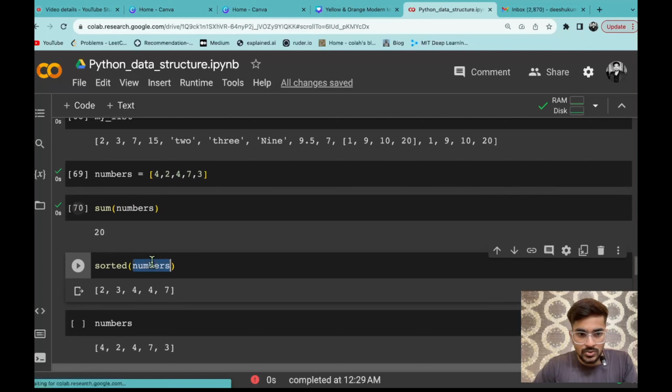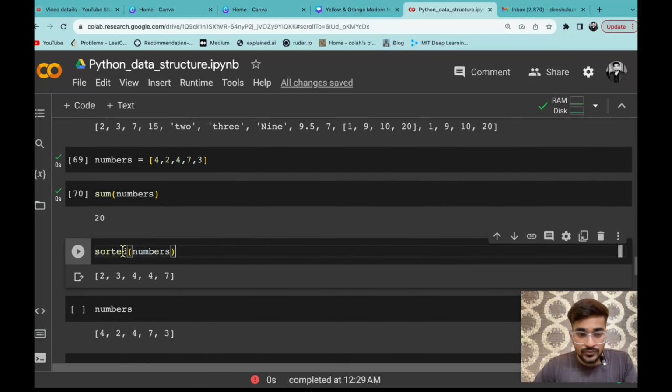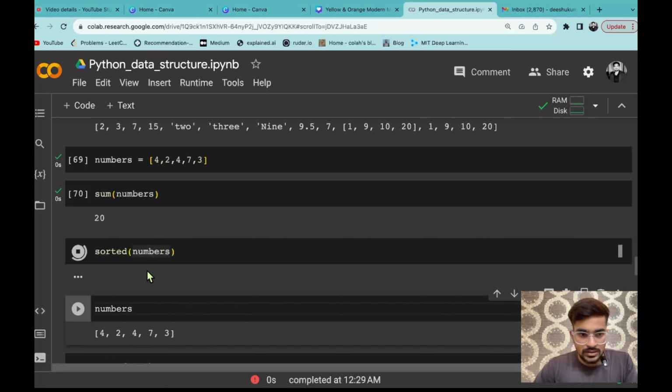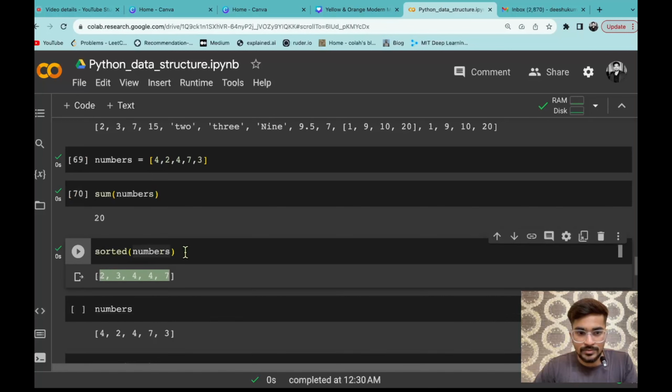Now what you can do is sorting of all those numbers. Let's say आप इसको ascending order में या फिर descending order में लेना चाहते हो. So what you can do, you can use a function that is called sorted. Why I am calling that function? Because you can see that numbers जो भी है variable I am defining inside that function as an argument. So if I run that, you can see by default it will arrange all the elements in ascending order. So अगर आप कोई भी ascending या descending order as an argument pass नहीं करते हो, so what a sorted function does, it will automatically keep the numbers in the ascending order.